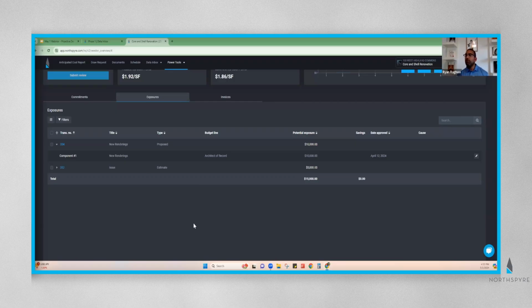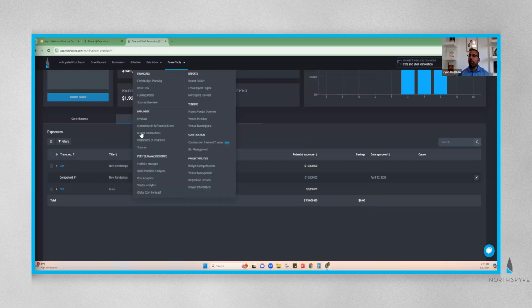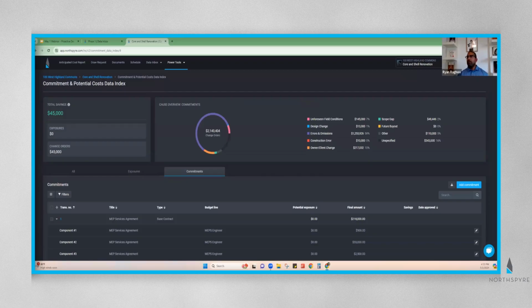And as much as we're seeing them here per vendor, Northspyre gives you a really nice global view of all of that information through our commitment and potential cost index. And so we can get there going back through the Power Tools. We go to Power Tools, have all my different indexes over here, and I can click on the commitments and potential cost index. And so again, as we load up the page, this page is going to provide a comprehensive view of all of the contracts, all of the change orders, and certainly all of the exposures or potential costs